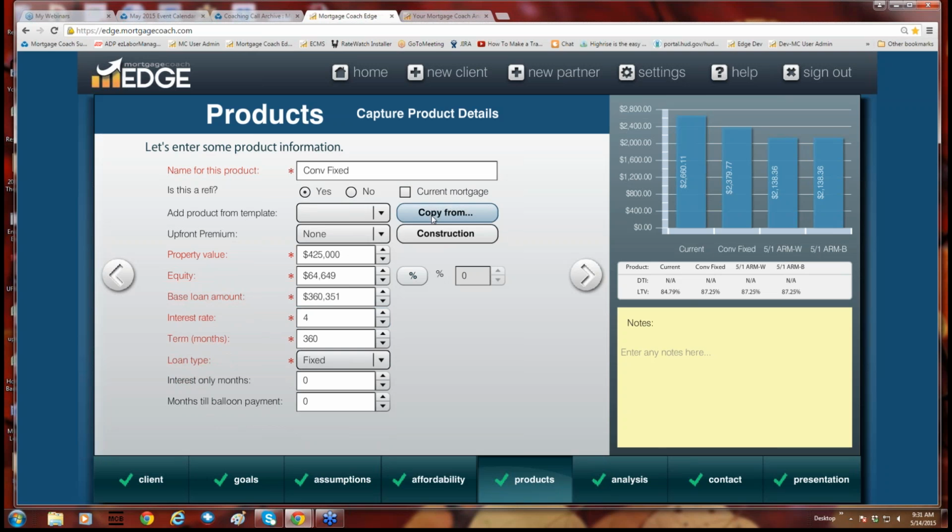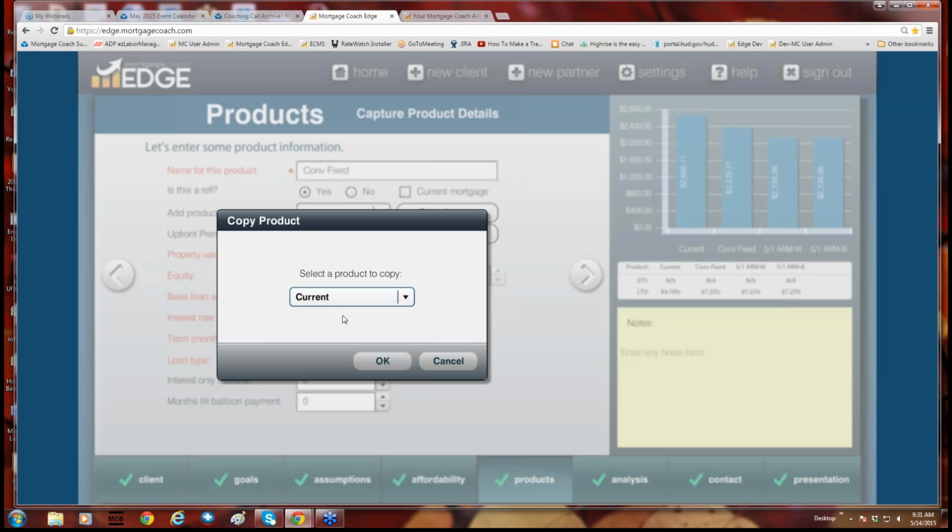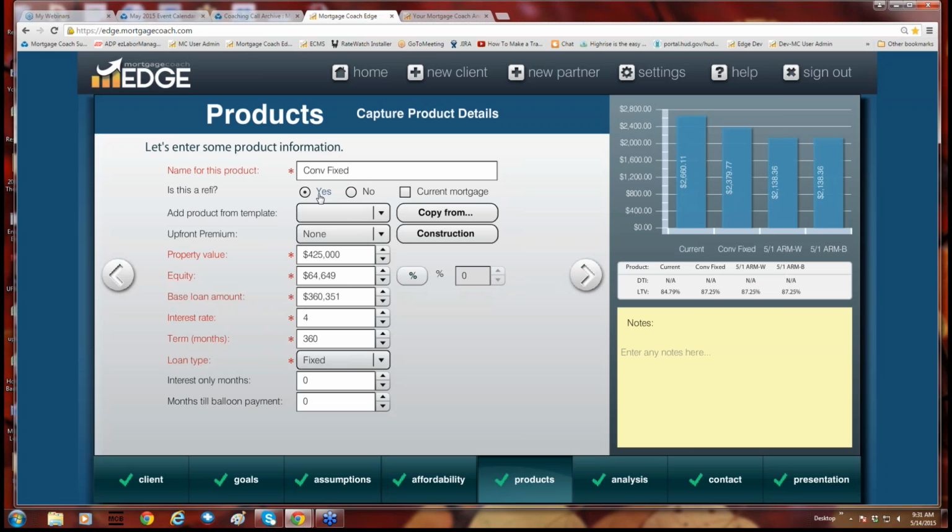Always remember, if you use that copy function with the current mortgage, always make sure you mark it as a refinance. If for some reason you want to show the current mortgage as one of your products, you could do that as well. And a lot of people do that to show the analysis screen in reinvestment. Moving on,